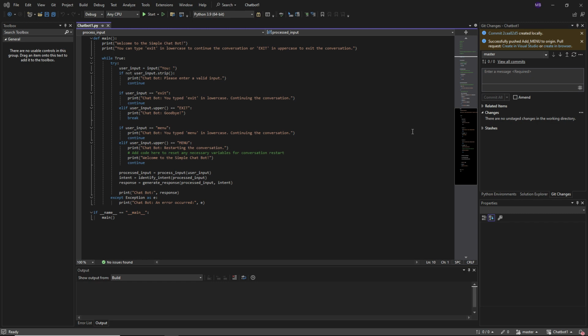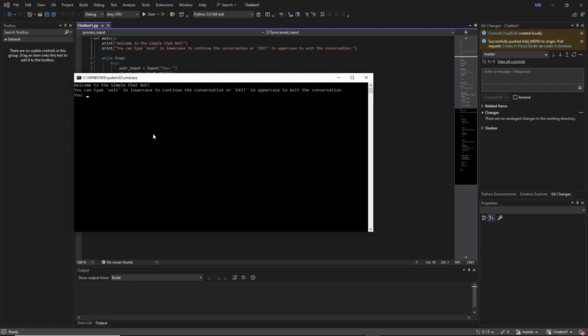So here you can see in the command window, it comes up and it says, "Welcome to the simple chatbot." And then you can type in exit. So although it doesn't actually say it in here, I can add an extra line that says what to do with the menu. I'll type it in and show that the functionality is there, but it doesn't actually say it at the moment. If you type in something like today was a good day,